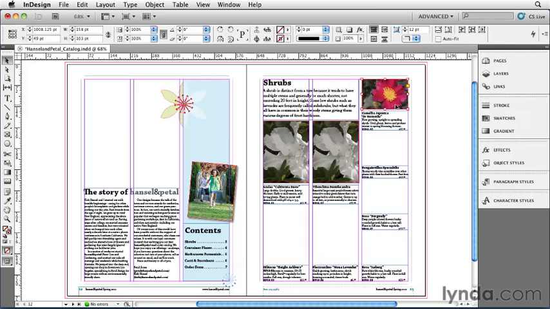Now I'm going to drag this red flower down, holding on the Option key, and start dragging. And now I'm going to let go of the Option key. Because I let go of the Option key while the mouse button is still held down, InDesign still thinks it's going to duplicate it. And that's good, because what I'm going to do is show you a really cool new technique in InDesign CS5 called Gridify. I'm duplicating this object, and while I'm duplicating it, I'm going to press the up arrow key.